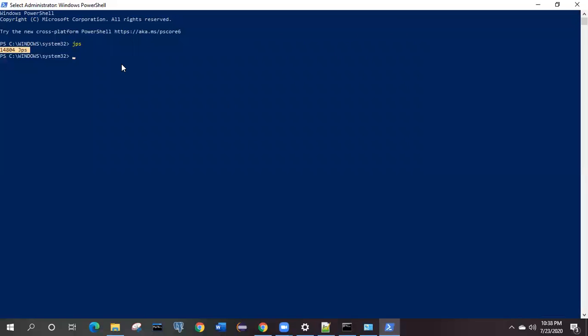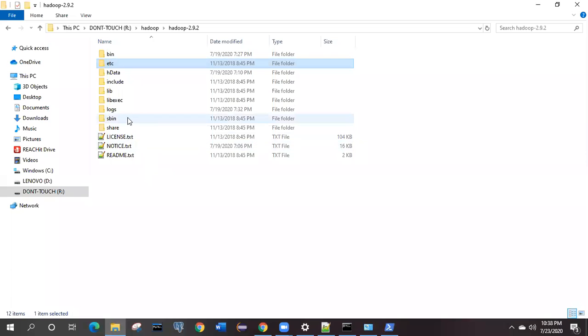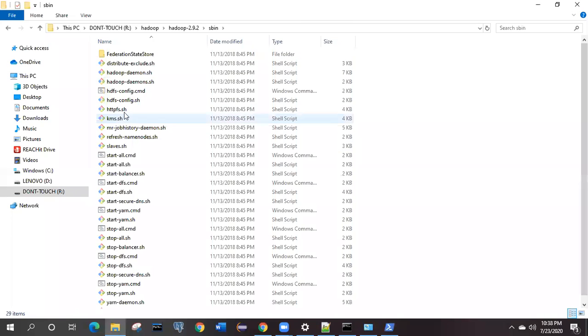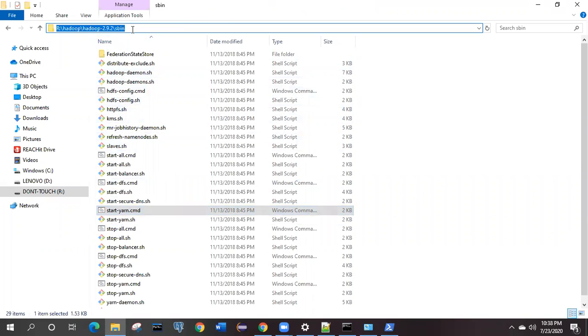How are we going to start Hadoop and where are the locations to start it? This will be present inside the sbin folder. You come over here and we have a couple of commands like start-all, which was the initial command and is now deprecated. We have start-dfs.cmd and start-yarn.cmd. These commands are present inside the Hadoop sbin folder.